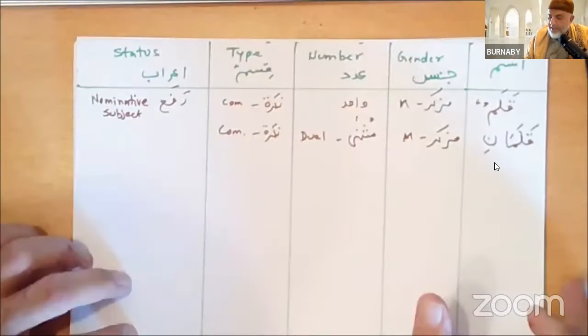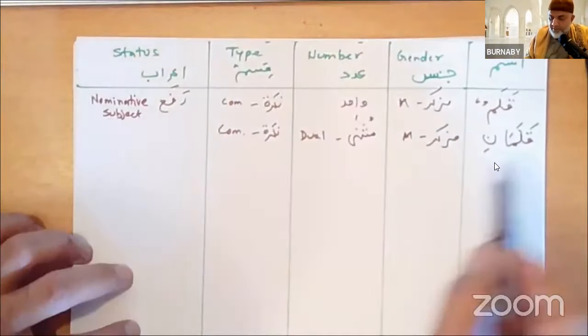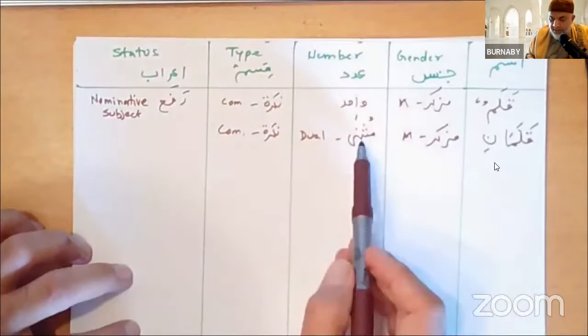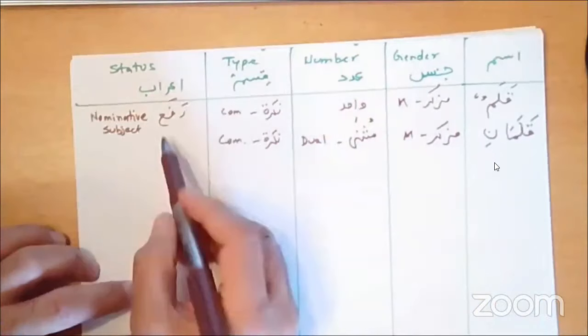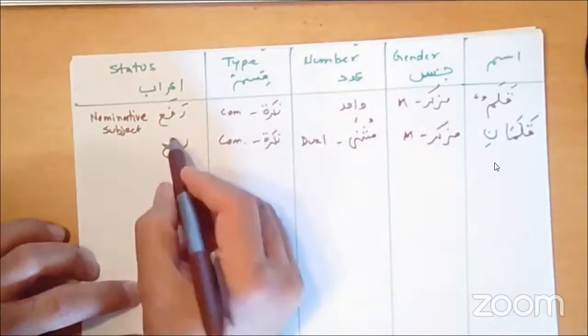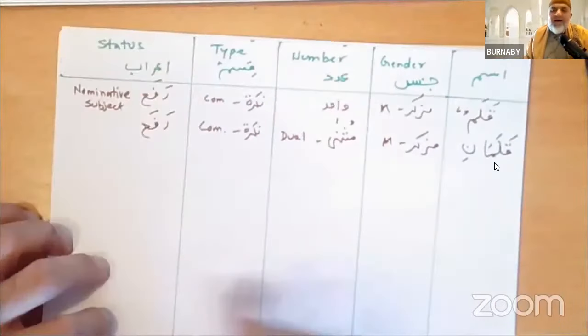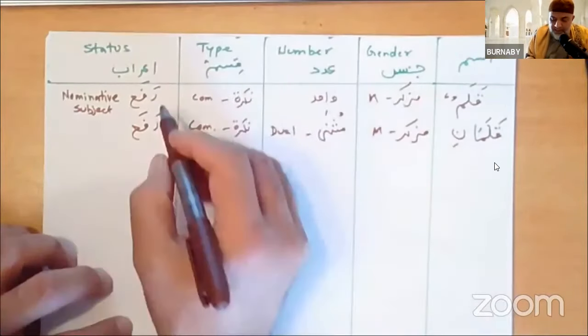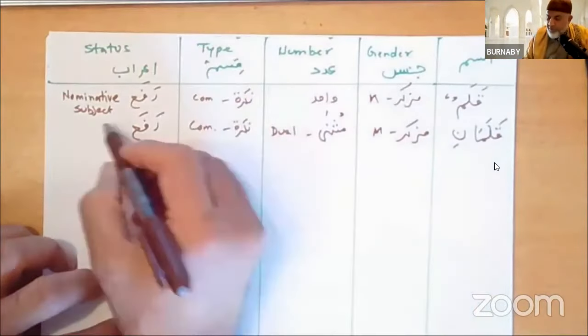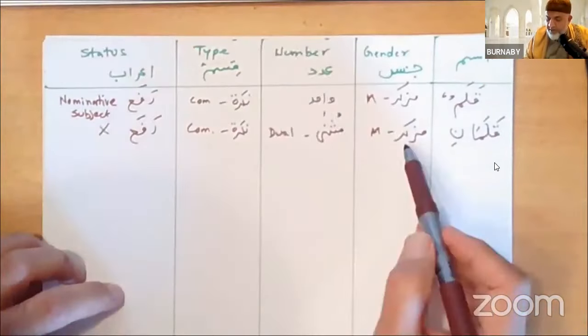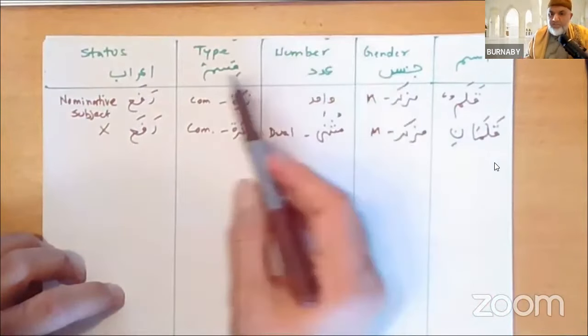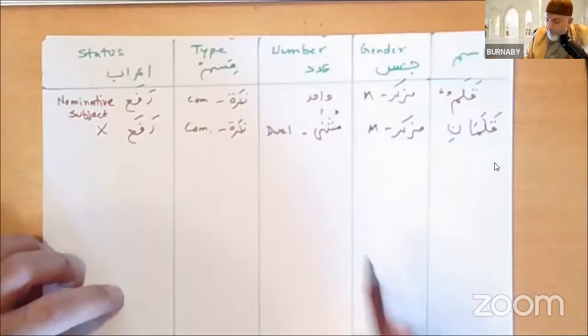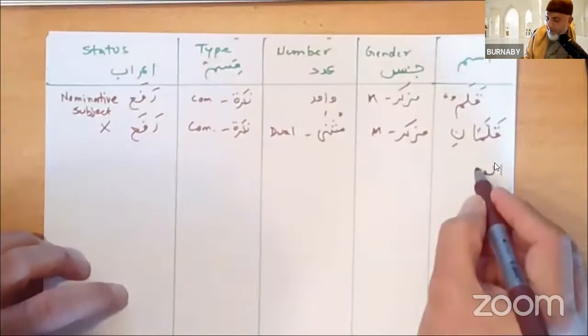Kalamani, mudhakkar, musanna, nakira, and what is the status? I knew you were going to get confused. So for this example, forget about the status. Just focus on the three things: gender, number, and qism. If I say al kalamani,